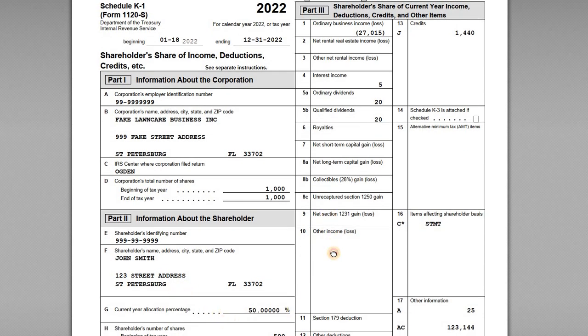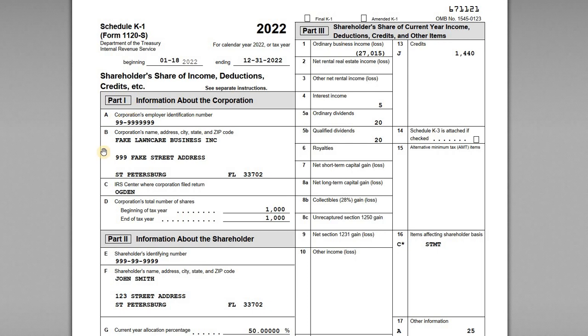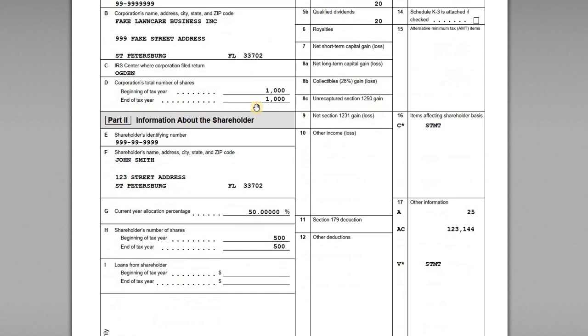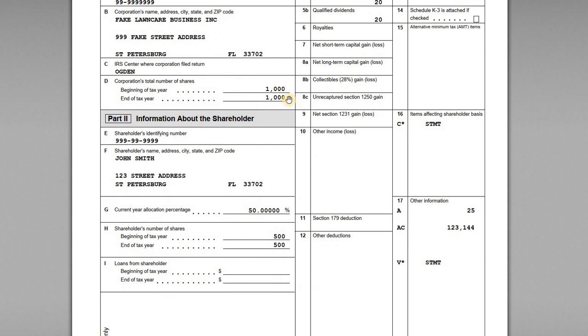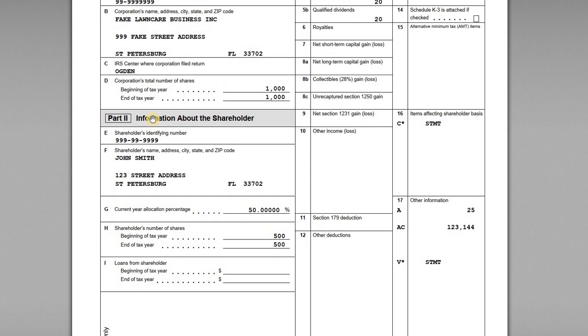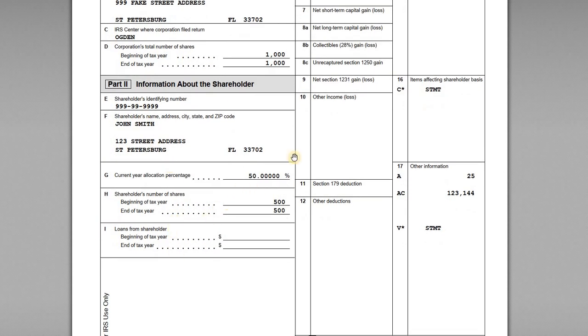They each own 50%. So the Schedule K corporate information goes here in Part 1. So the company's EIN, company name and address, and the total number of shares that were issued. In John's case, he's got 500 shares. Jane's got the other 500, so 1,000 total shares. Part 2 contains more information on the shareholder, so John Smith, and his allocation is going to be 50% of